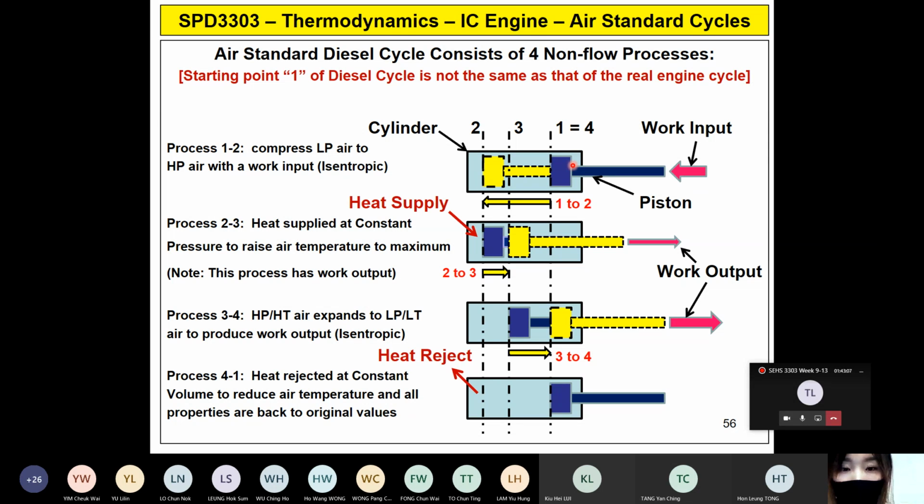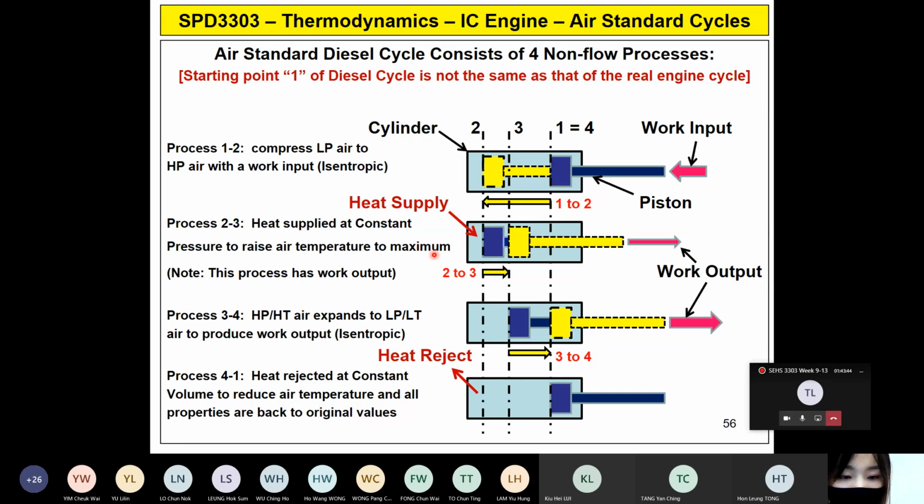You compress it, you have higher pressure, you can increase the pressure as well as the temperature, right? The piston moves upward until the top dead center. Here you have the minimum volume of your air inside the cylinder, from the maximum volume to the minimum volume. At point 2,